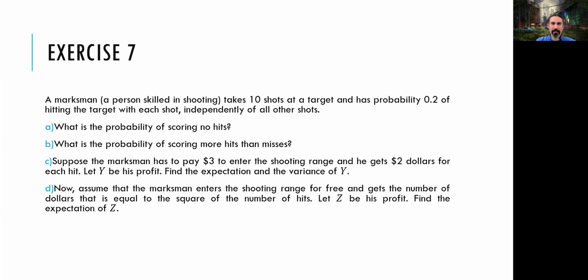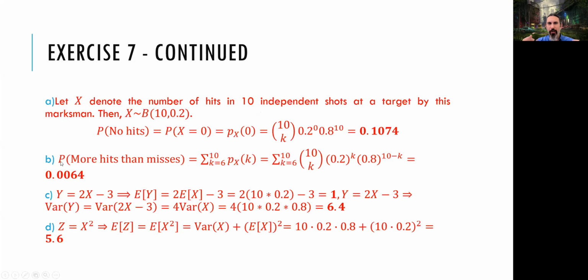If I hit 1 target, then it's 1. If I had 2 targets, it's 2 squared, and if it's 3 targets, it's 3 squared, etc. I don't want to find all of these values. I'm looking for the expectation of x squared right now. I already know the variance and the expectation of x, so I'm going to use that information. I don't want to find all those squares of hits, multiply them with the probabilities, and then sum them. I can do that, it's fine, but I'm feeling a bit tired and I want the shortcut.